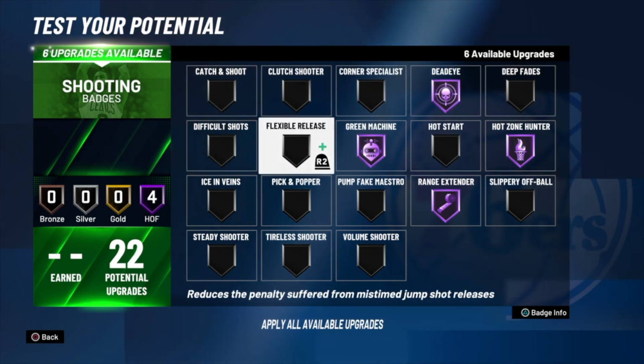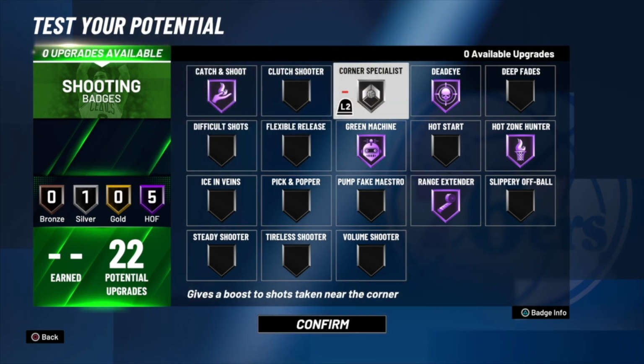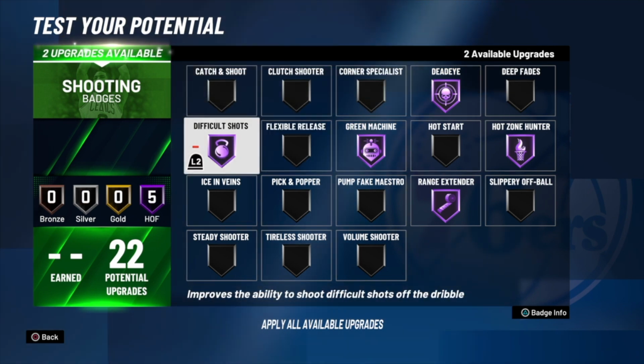Now with the remaining 6, this all depends on if you are a spot up player, which I would probably do something like this if I was a spot up player. But if you're a player who's gonna always have the ball in your hands, I'd probably go with Hall of Fame difficult shots. And now since you have 2 remaining, this is a Jayson Tatum build, so I'm gonna go